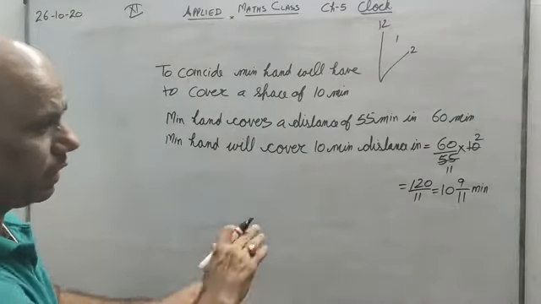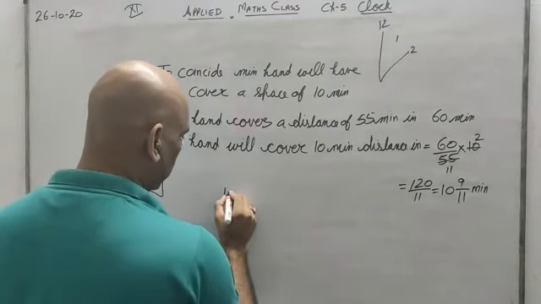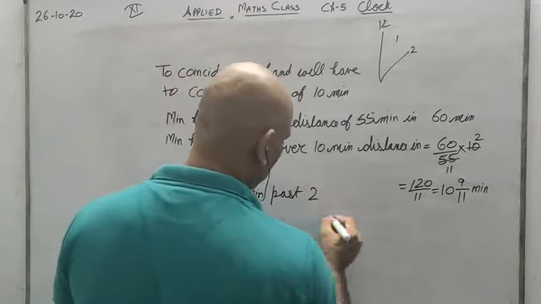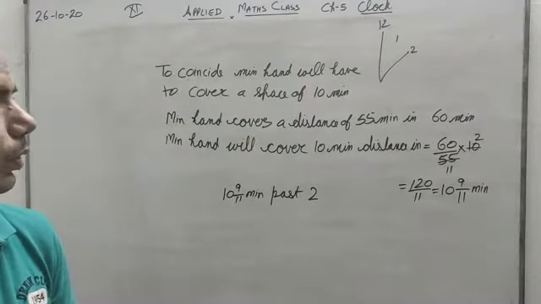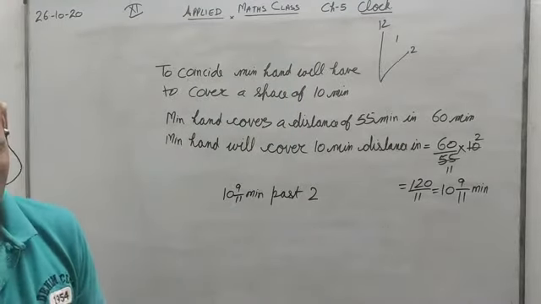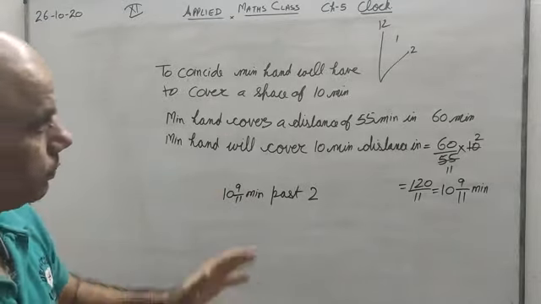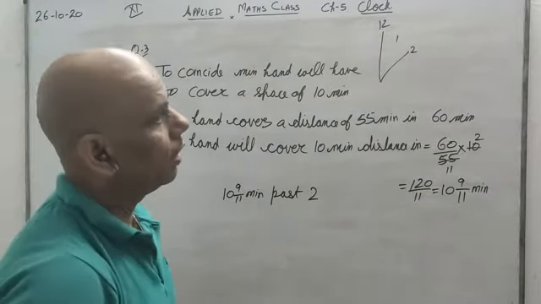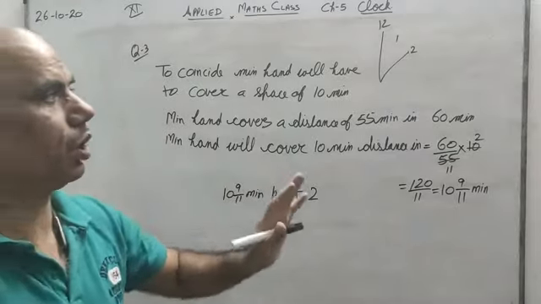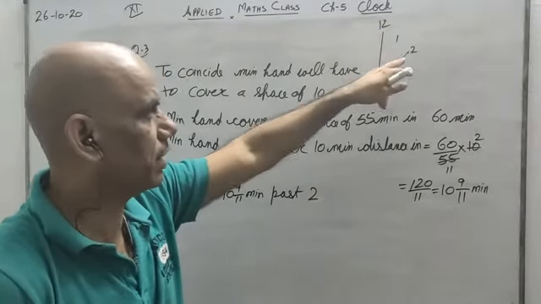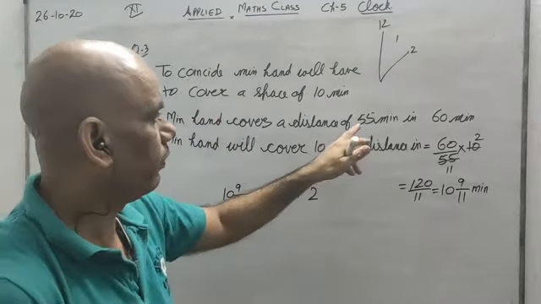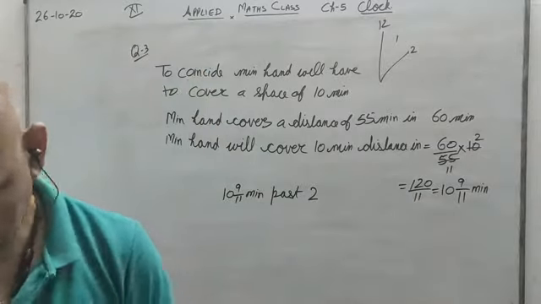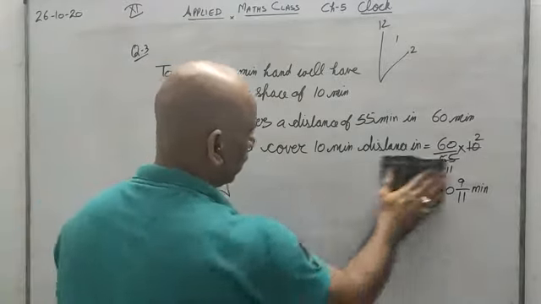What we were expecting was 10, but it will be 10 is to 9 by 11 minutes. So at 10 is to 9 by 11 minutes past 2, both the hands will coincide. Are you getting my point? This was question number 3. Between 2 and 3, at what time the hands will coincide, they will have to cover a distance of 10 minutes. The 55-minute distance is covered in 60 minutes, so 10-minute distance will be covered in 10 is to 9 by 11 minutes. So this way, this will be our question number 3.